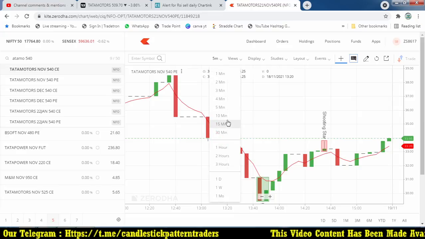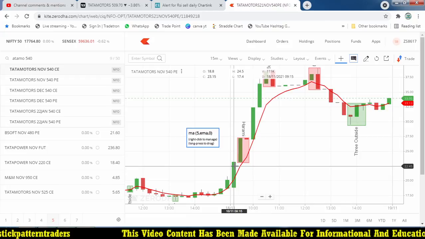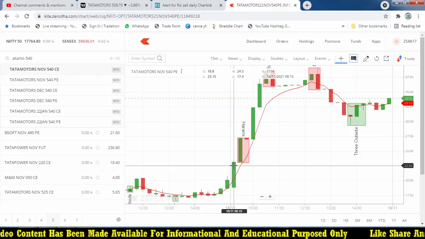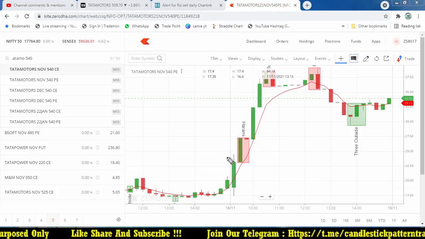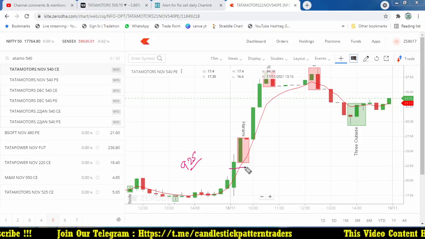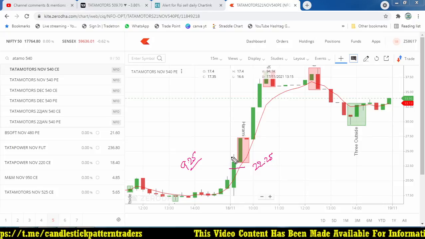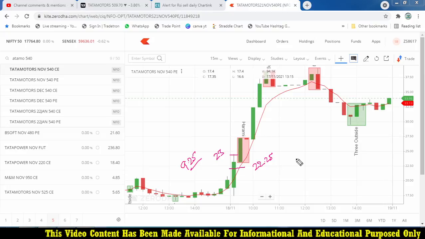So let's try with a 15-minute chart. This is the exact Tata Motors strike price. At 9:15 this price is somewhere around 23.24 or 23.15. Here the price is 23.15 because we took it at 22.25. How did it become that? Because the signal is triggered by 9:25. When the trigger came, I took the position at this point of 22.25, and the same candle closed at 23. So I took my entry point.